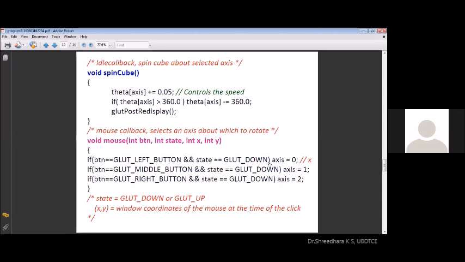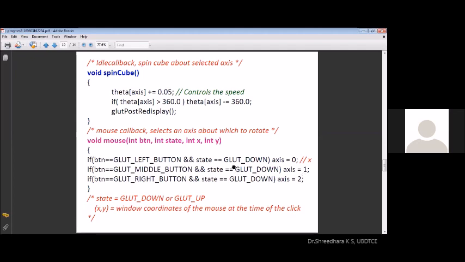The axis variable can take 0, 1, 2: X, Y, and Z axis.